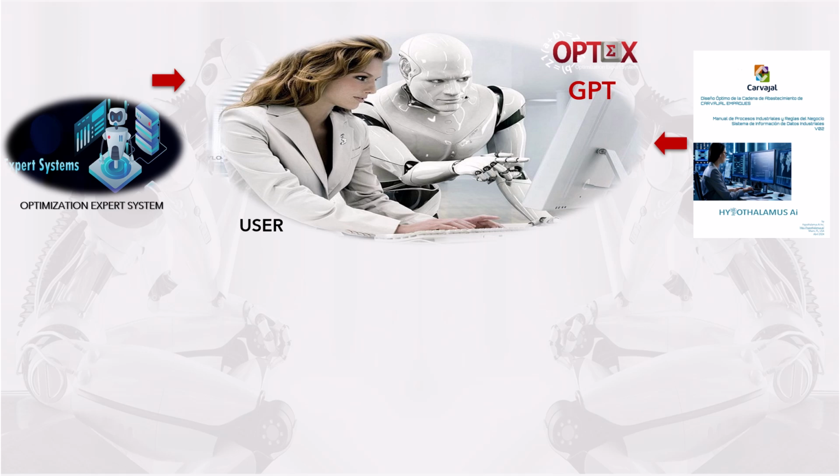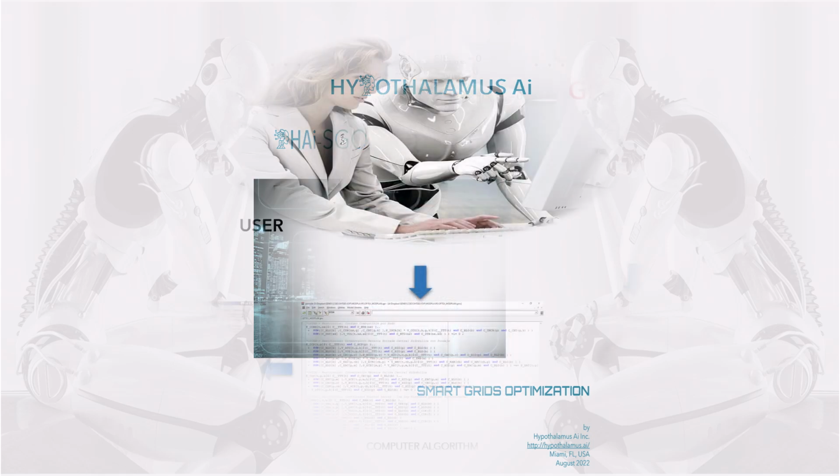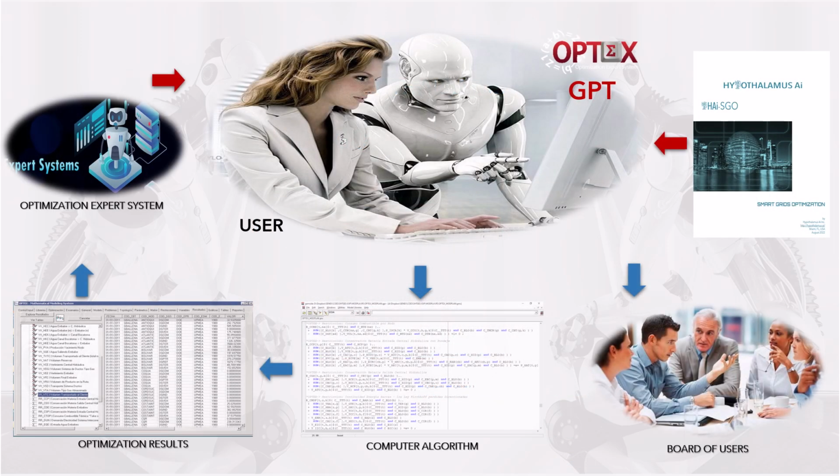OPTEX-GPT will manage the documents that are produced for the end user. Another type of document is the general-purpose document on a topic. These documents are produced by Hi or come from other sources such as journals. As an advisor, OPTEX-GPT will have access to a database of documents, some generic and some specific, to facilitate the understanding of the company-wide optimization system by the user group.